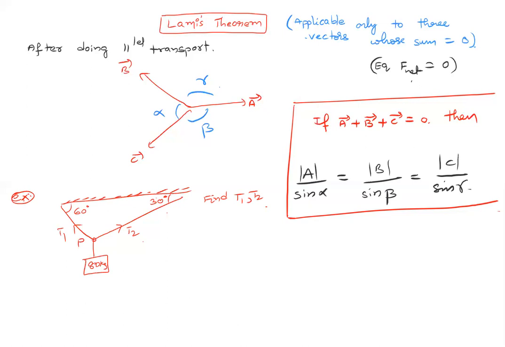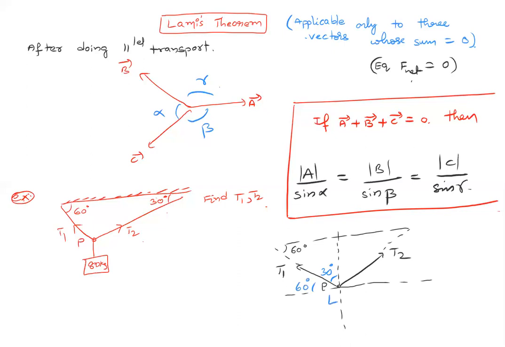Now I'll draw a separate figure here. Observe carefully. At point P, the T2 force is acting this way, the T1 force is acting this way. Now if you draw perpendiculars and arrange it like this, if this angle is 60 degrees, obviously this angle is 30 degrees, this angle is 60 degrees, this angle is 90, this angle will be 60 degrees because on this side it is 30, this is 90, and on this side it is 90, this is 30. So applying Lami's theorem, because of 80 kg you will have 800 Newton force acting downwards, 80 into g.